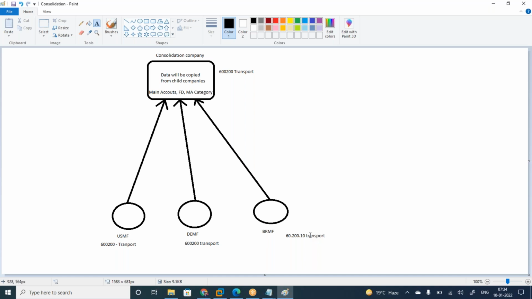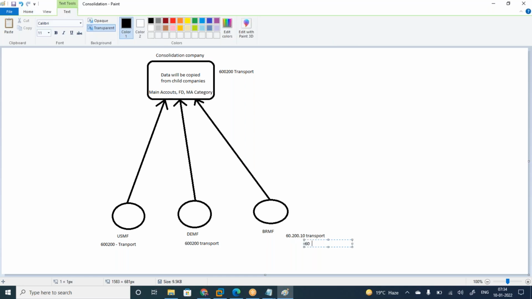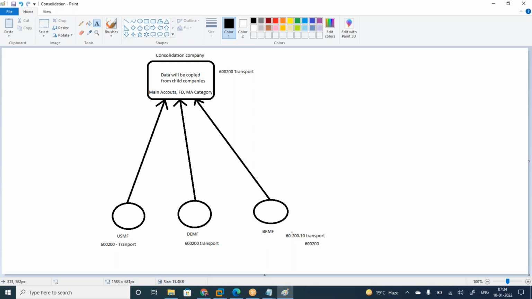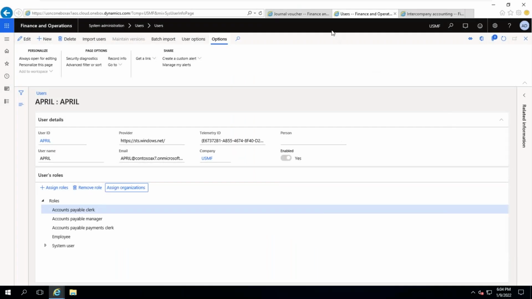So here in this company, I can map the 600200 account, and in this company also I can map. How can I? Let me go to the BRMF company, the Brazil company.